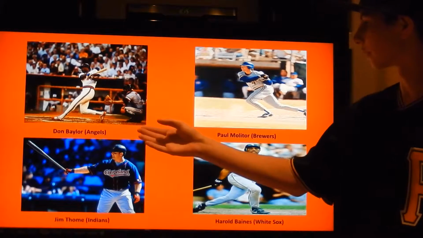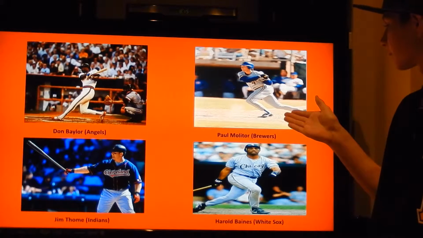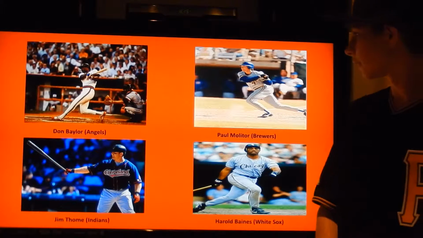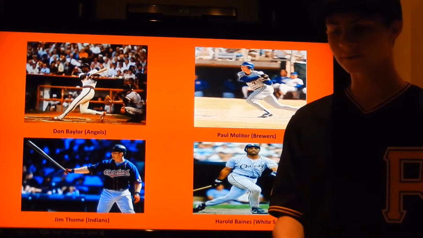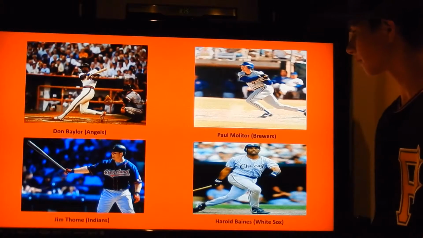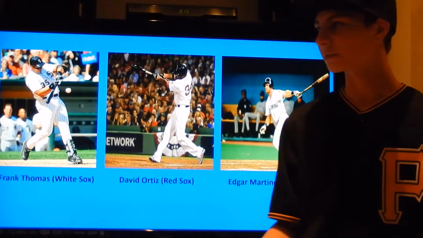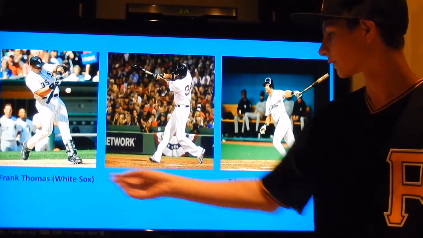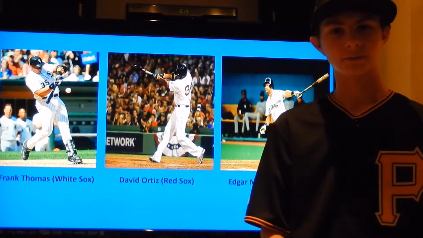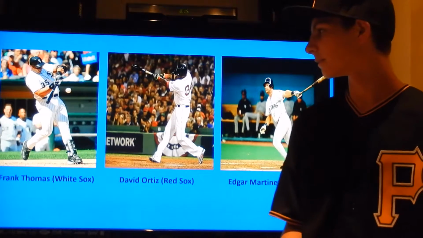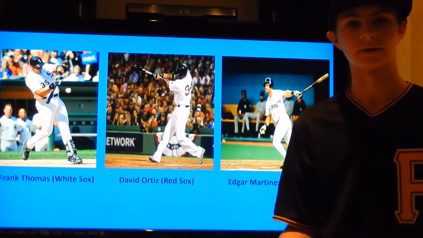And like I said before, these are all American League teams with the exception of Paul Molitor here with the Brewers. But the DH just sort of gave a different swing to baseball that you didn't really see very much. It gave a lot of different, usually bigger guys, as you can see here with Frank Thomas and David Ortiz, bigger guys that weren't as athletic, a chance to play on a team and not necessarily have to be in the field with the other 9 players.